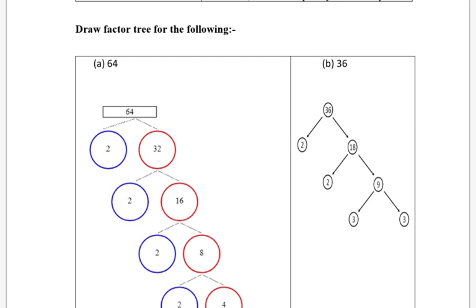And now we have to check the divisibility rules. The divisibility rules are already given to you. By using the divisibility rules we can solve any of the examples. Okay, hope everyone understood the concept of the divisibility rules and drawing the factor tree of the given examples. Okay, next topic we will start from the next video, and have a nice day.